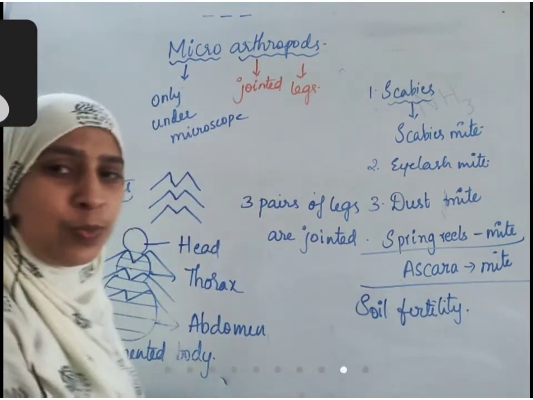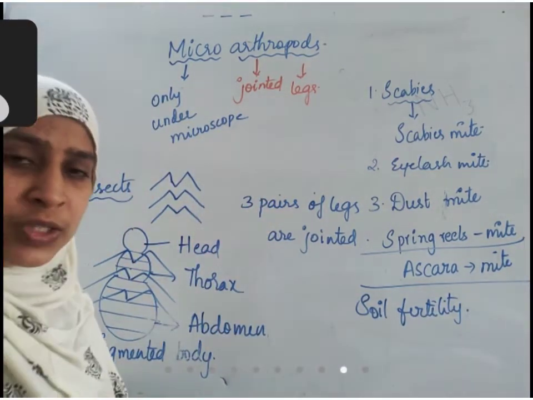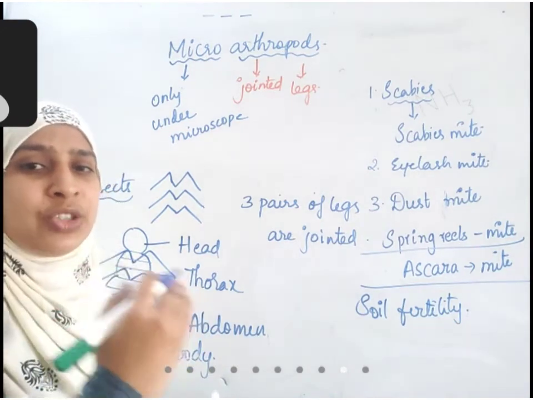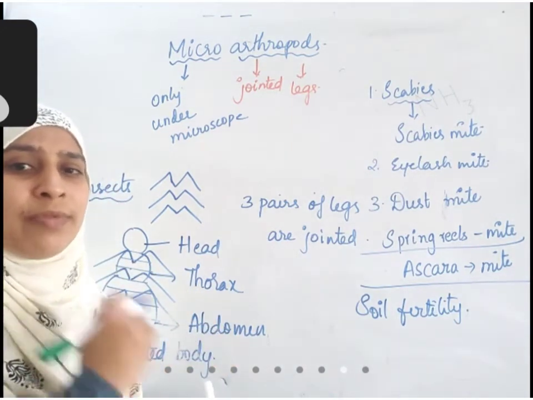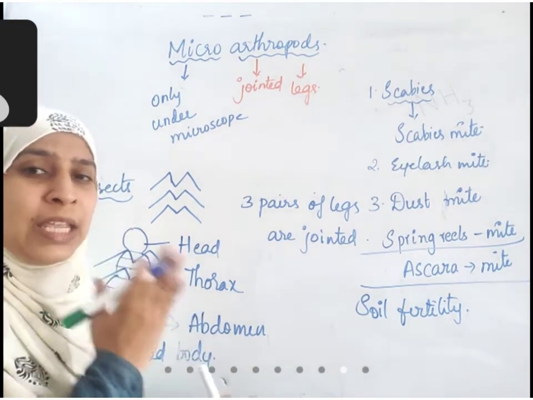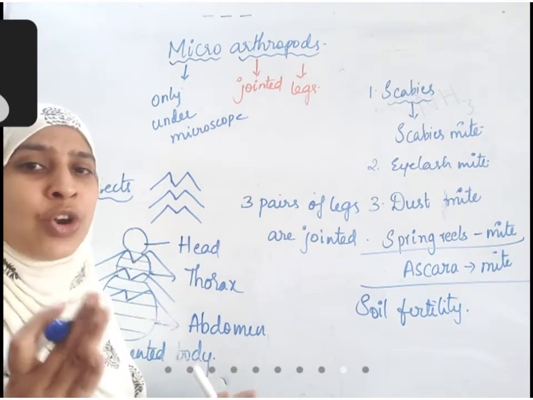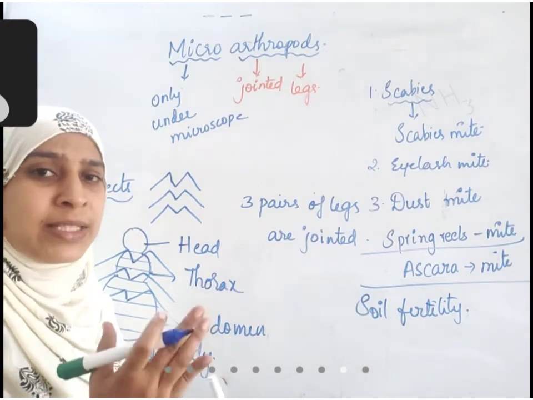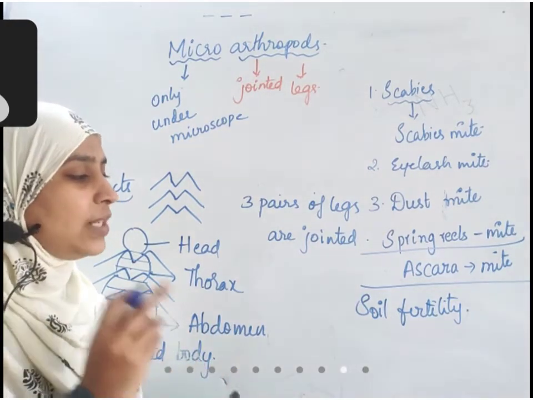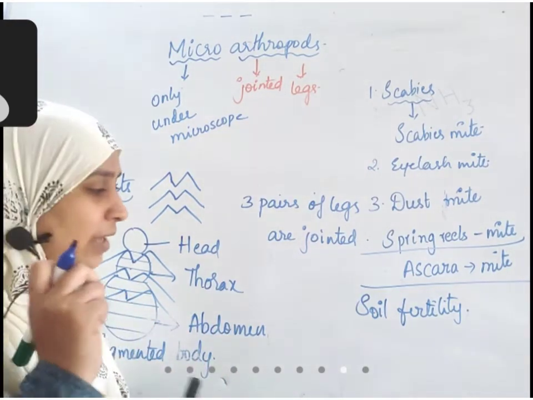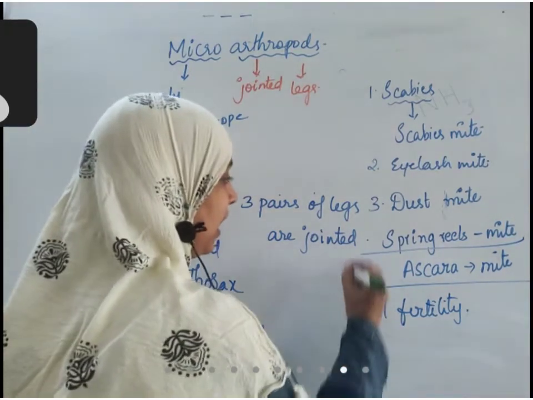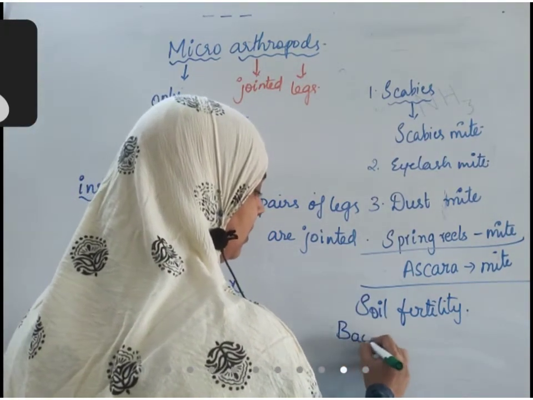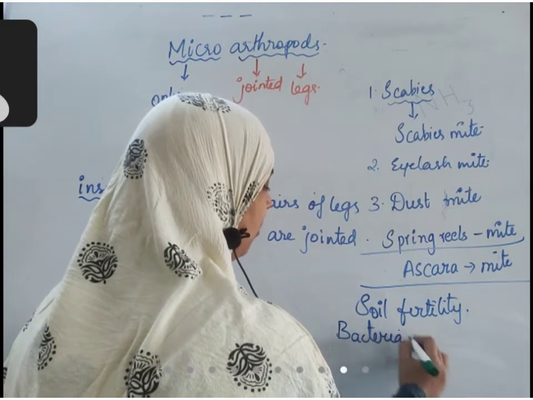They feed on small things that are present in the soil and they excrete in that soil. When they excrete in that soil, that fertility adds back to the soil. In that way, they help in degradation of organic materials like dead leaves, dead animals, dead insects that are present. And mostly they feed on bacteria and fungus. Their main food is bacteria and fungus.